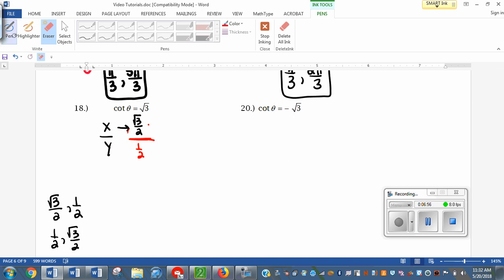We just want to know where is x, root 3 over 2, and where is y, 1/2. So I'm referring to this order. This is x, root 3 over 2, and this is y. Now, they can both be positive, or even if they're both negative, the negatives will just cancel out. Alright, so I want both positive,